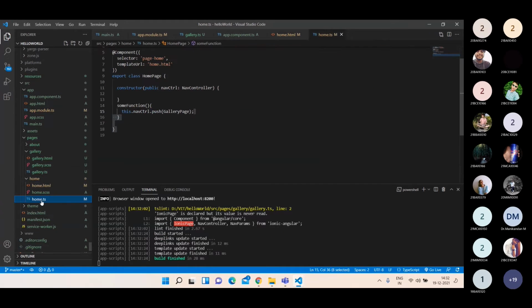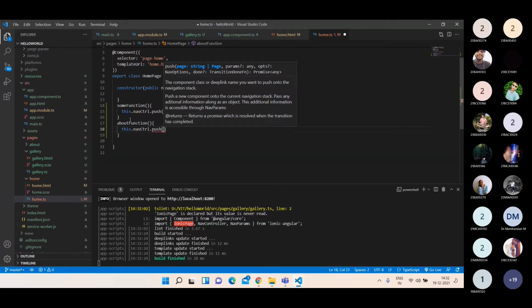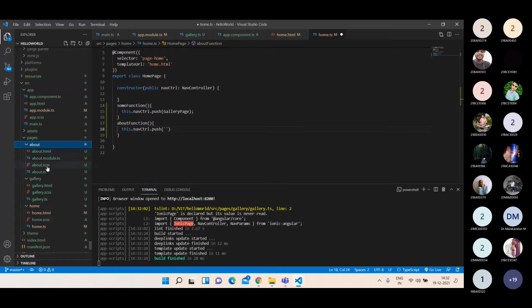Now I'm moving to this home.ts. This dot nav control dot push of. I can give the component name in the single quotes. So what is the component name of this about? The class name.